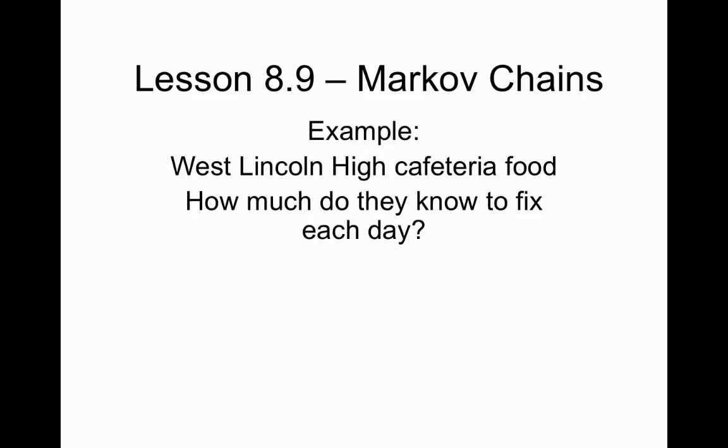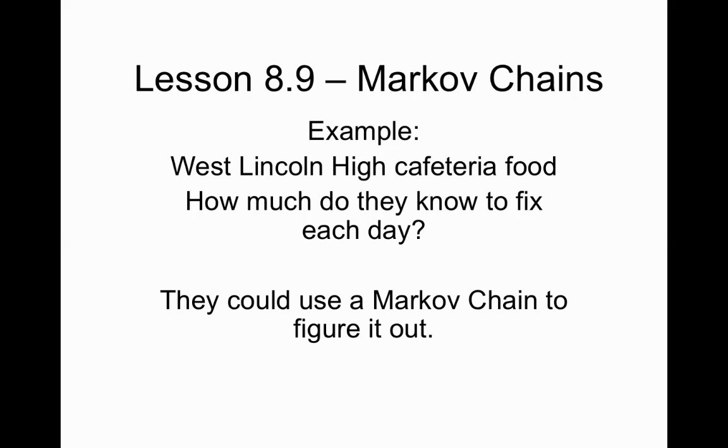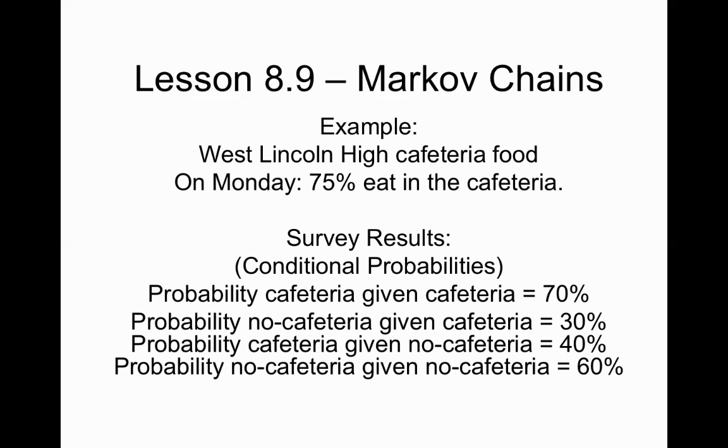And then just based on historical information, they know how many people are going to eat. Just a standard probability. It's really a Markov chain that is used to figure it out. So for example, on Monday they know that 75% of the people eat in the cafeteria. They also know from previous surveys that people, and these are called conditional probabilities,